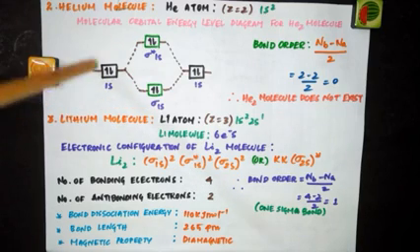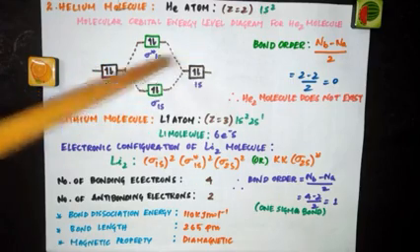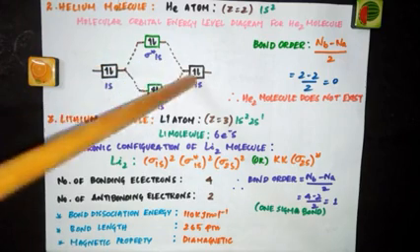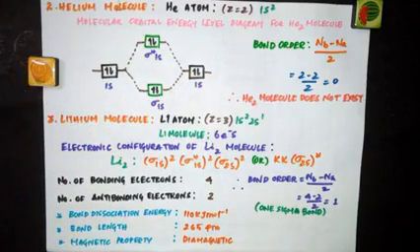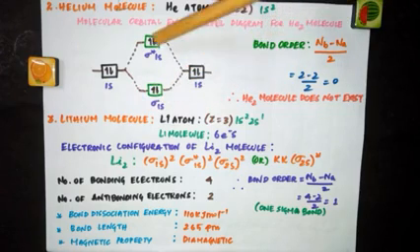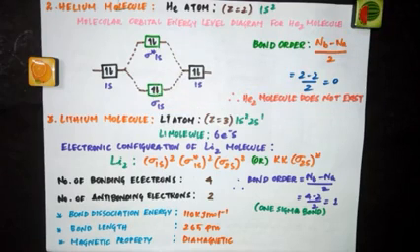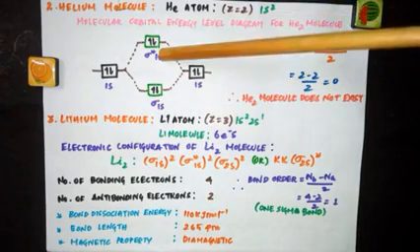See, we have 1s2 electrons and 1s2 electrons. So these two are the atomic orbitals of helium. So this helium atom has 2 electrons in 1s, and this helium atom has 2 electrons in 1s. So they will form 2 molecular orbitals, sigma 1s and sigma star 1s. So how many electrons are totally there in helium molecule? 4 electrons. So 2 will be accommodated here in sigma 1s and 2 in sigma star 1s. So totally 4 electrons. Now coming to bond order, Nb minus Na by 2. We have 2 in bonding and 2 in anti-bonding.